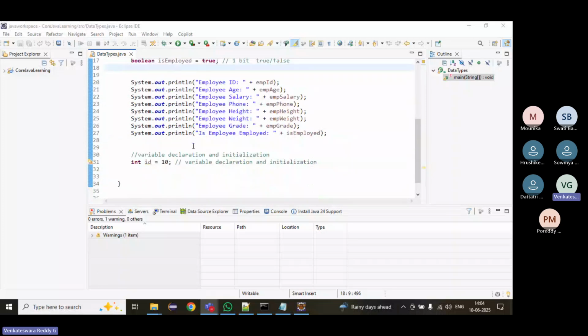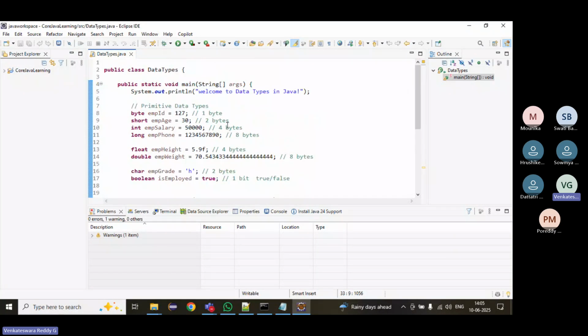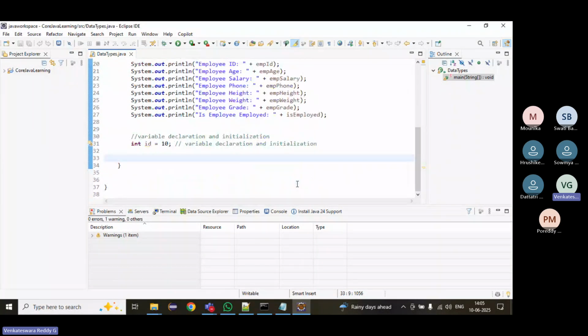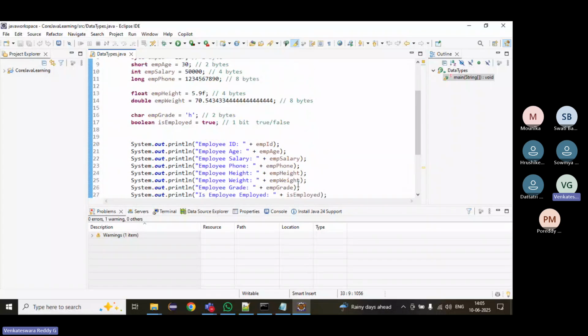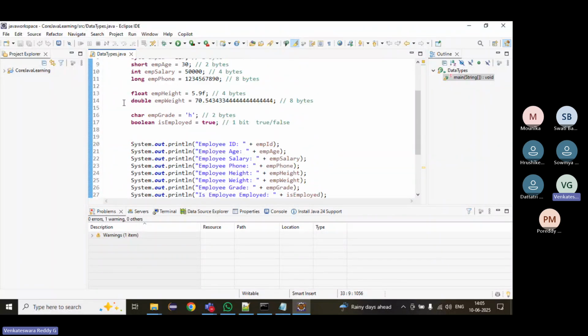Right, yesterday we have seen data types. Primitive data types, 8 types of primitive data types are there. Then, what are the default values of the primitive data types? How to see the default values? If you want to see the default values,